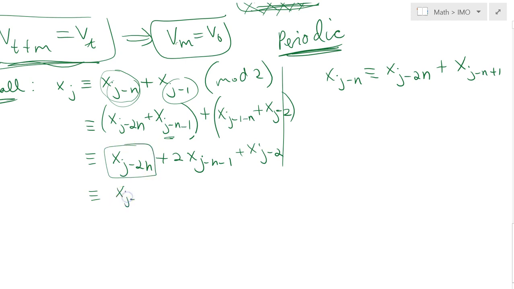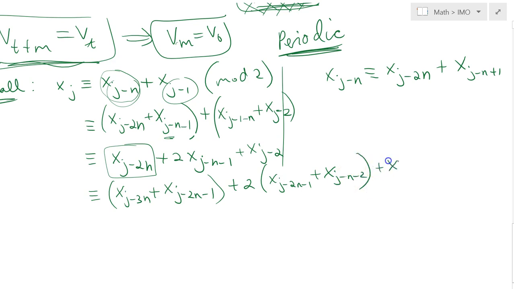This one becomes x this, plus the one before that guy, the previous lamp is this one, plus 2 times this guy here. The previous round it was j minus 2n minus 1, and then the previous guy is x j minus n minus 2, and finally plus x, again the same thing. In the previous round it was like this, and the previous guy is,